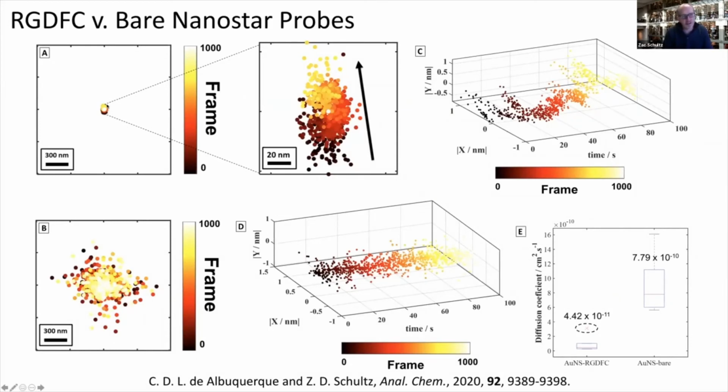So if we look at that localization, we see that it does localize to about a 60 nanometer spot. And shown here, if we blow that up, you can see the 60 nanometers spread out. But what's interesting is the color here now corresponds to the time at which the spot was acquired. And we see that there's a systematic movement of the spot over time. If we stretch that out in X and Y versus time, what we see is there's like a wagging back and forth. And what this suggests is that our nanostars may be altering orientation with the protein on the surface